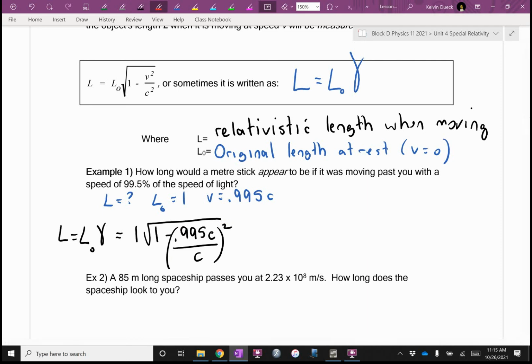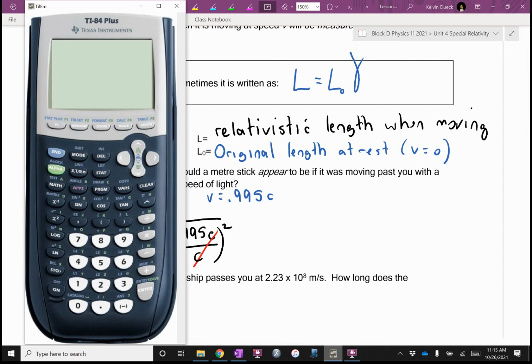Hey, Nick, do you see? What do you see? C's cancel. Get your calculator out. Try typing this in. What do you get? Do I need to multiply by the 1 in the front? Will that change the answer at all? So if you skip that step, I won't freak out. I mean, you can go 1 times, but really, it's just going to be the square root of